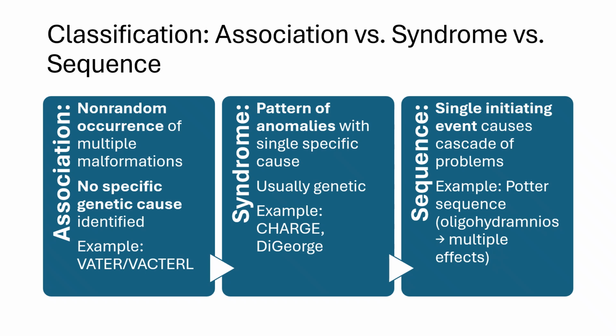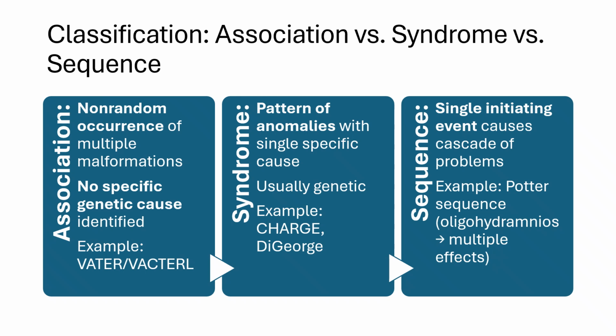Classification of multiple congenital anomalies into association, syndrome, and sequence represents fundamentally different mechanisms that guide diagnosis and genetic counseling. Mastering these distinctions enables effective communication with geneticists and accurate family counseling. Association describes non-random clustering of malformations without a single identifiable cause. VATER-VACTERL exemplifies this. Vertebral anomalies, anal atresia, cardiac defects, tracheoesophageal fistula, renal anomalies, and limb abnormalities appear together more than